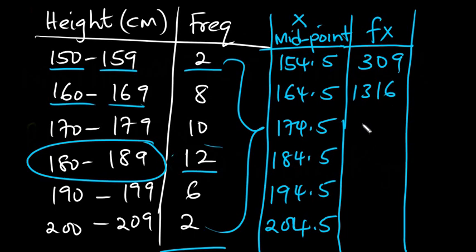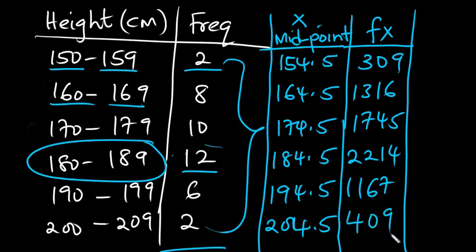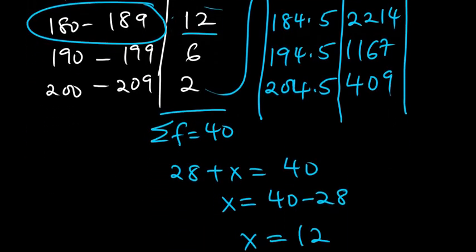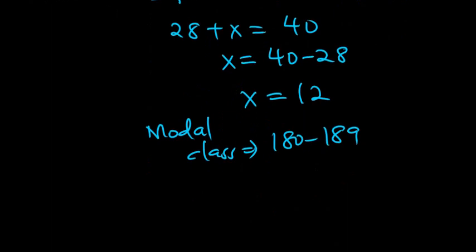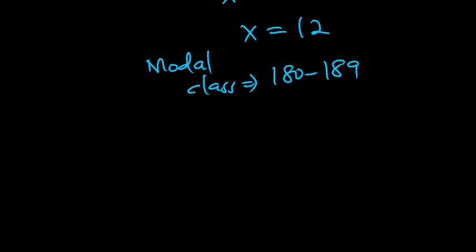Okay, next is 1316. Then next is 1745. Then next is 2214. Then we have 1167, and finally we have 409. So now the formula that we use to estimate the mean, or to get the mean, we are going